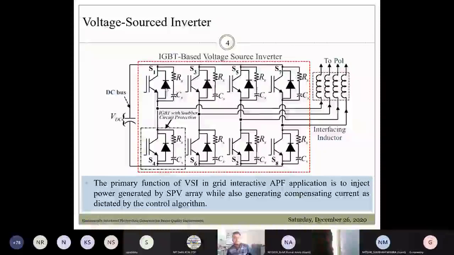dV/dt triggering may occur. In this duration, this capacitor acts as a short circuit for the instant of high voltage across the switch, and thus the voltage across the switch will be reduced to 0. In the meantime, this overall configuration experiences a low impedance path, and therefore during the discharging period of this capacitor,